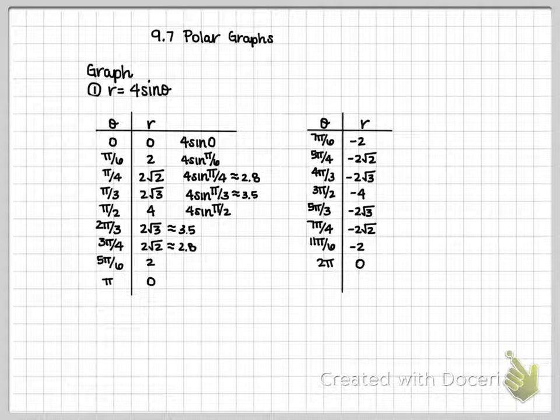So that's this left table here. Those are all going to give me positive radii. Whereas on the table on the right, because sine is going to be down or negative from pi to 2 pi, we're going to get negative radii